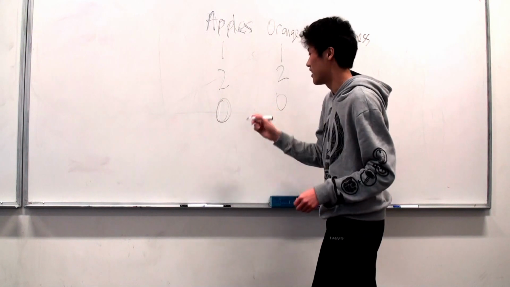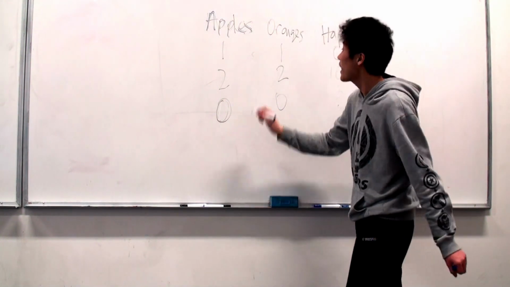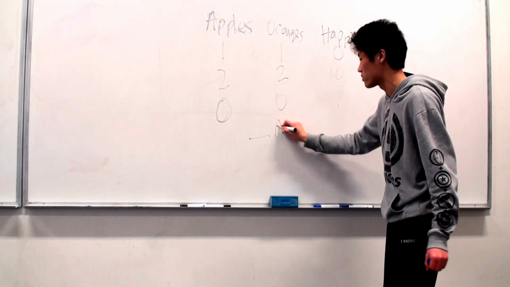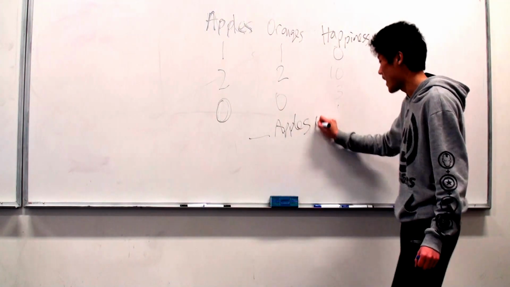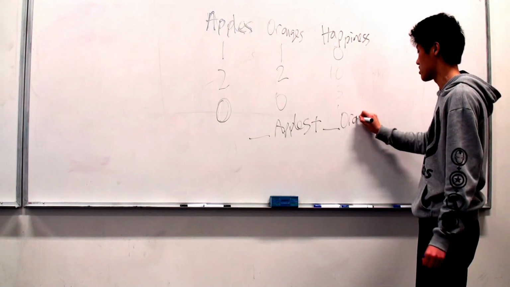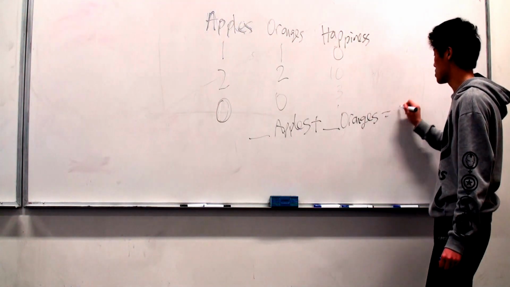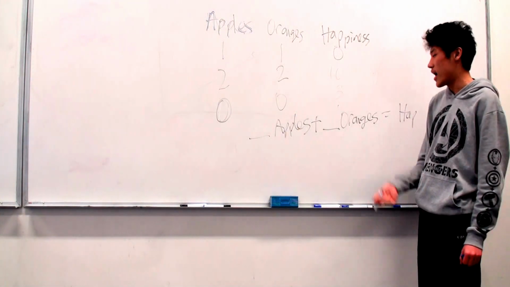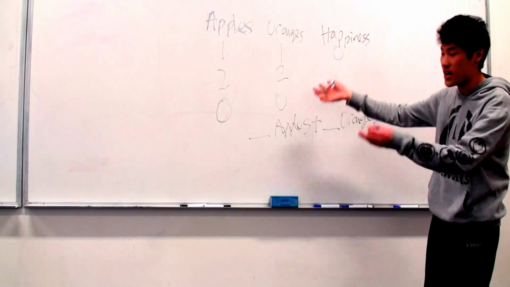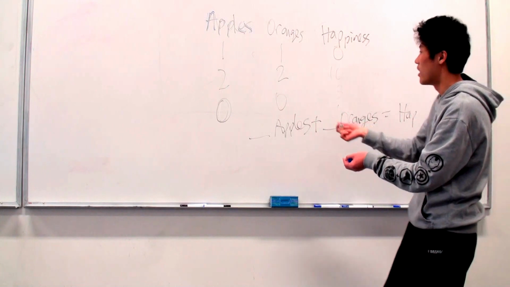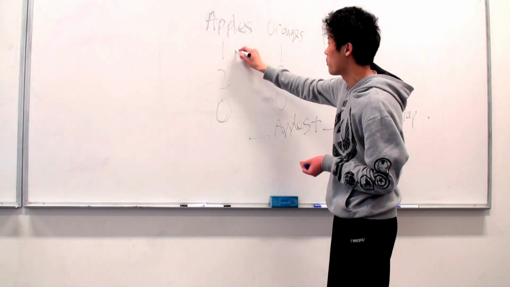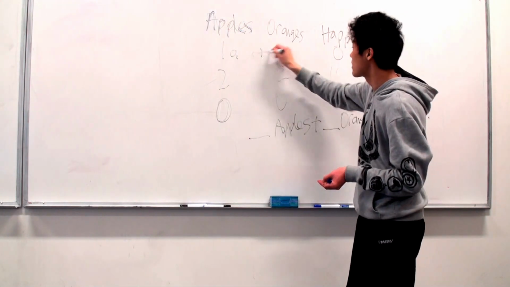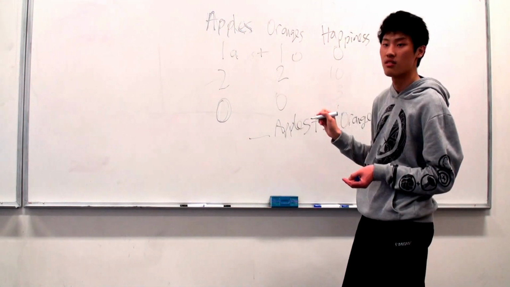Okay, so what we want to do is I want something times apples plus something times oranges is equal to happiness. I want to find these somethings, and how do I do it? Well, because we learned matrices, we can extend it. I want 1 times apples, 1 times A, so A will be the apple constant,